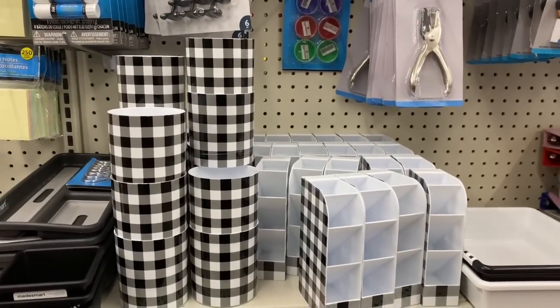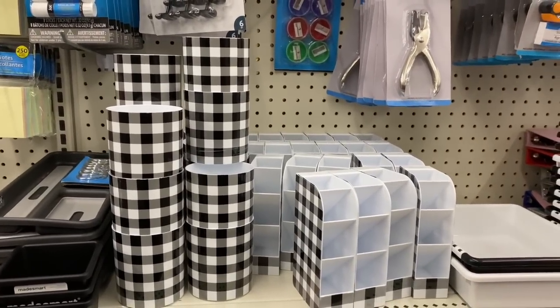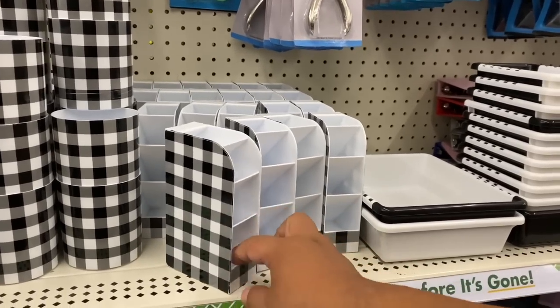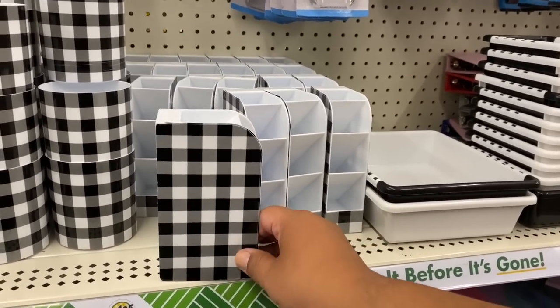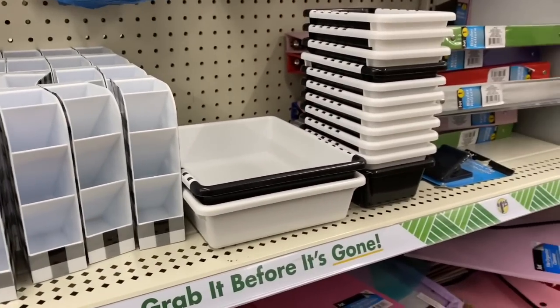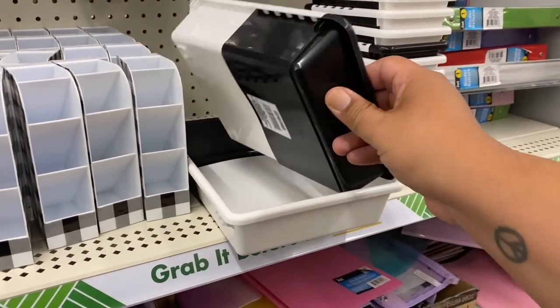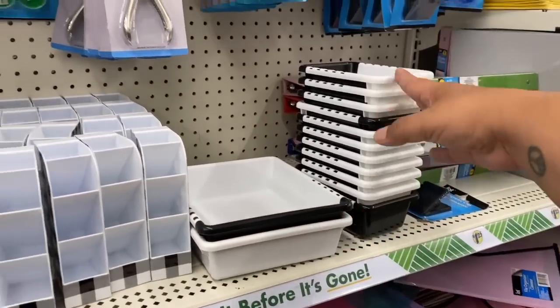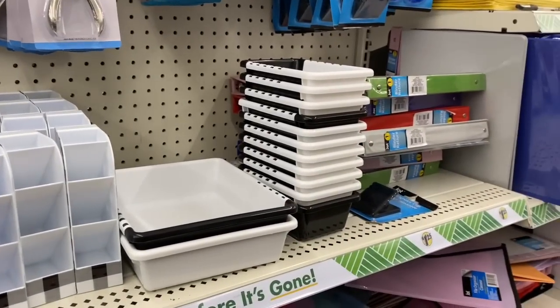Okay, so I came to a second location and they have more of the plaid set, but also they do have these. I'm not really sure how you would use them, but they have these as well. They look like a little filing cabinet, and there is also a larger version of these containers. So that is definitely a great deal if you want to do the whole set. This is pretty much, I think, all of it